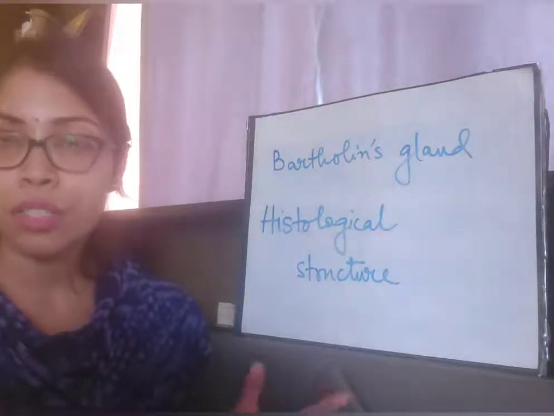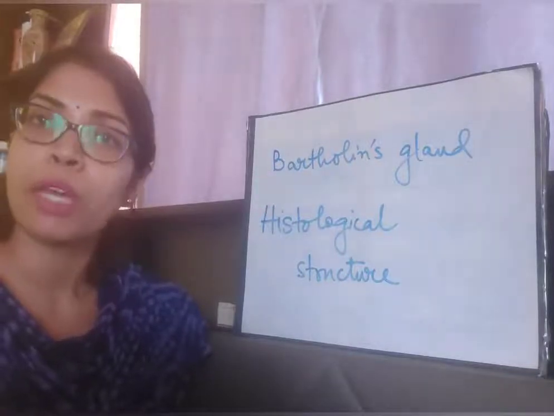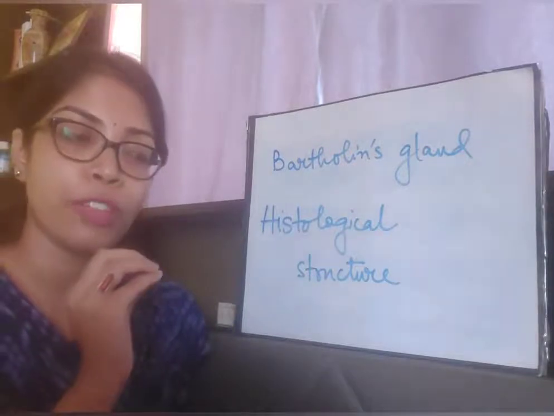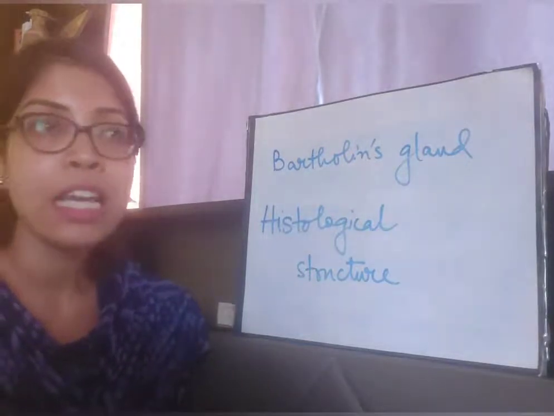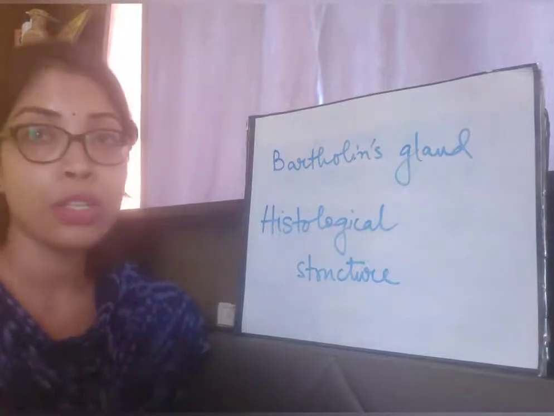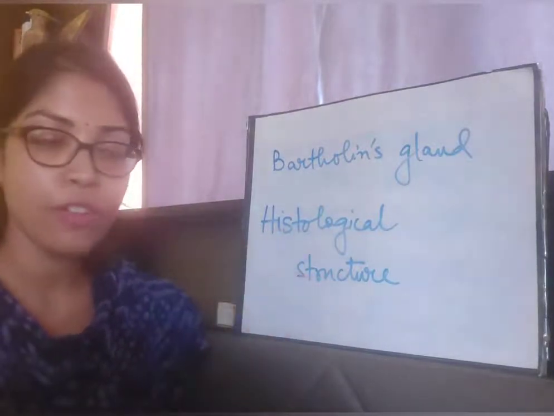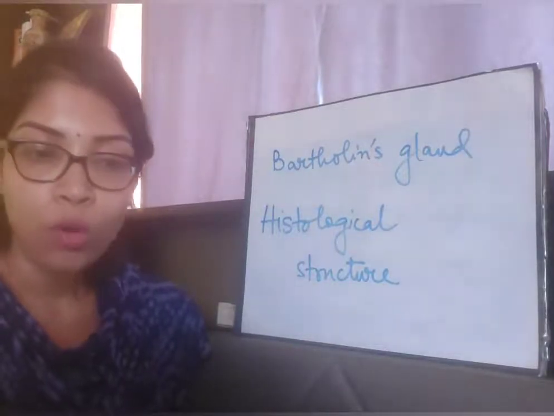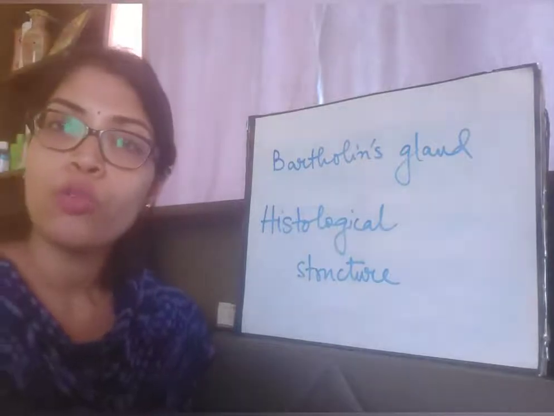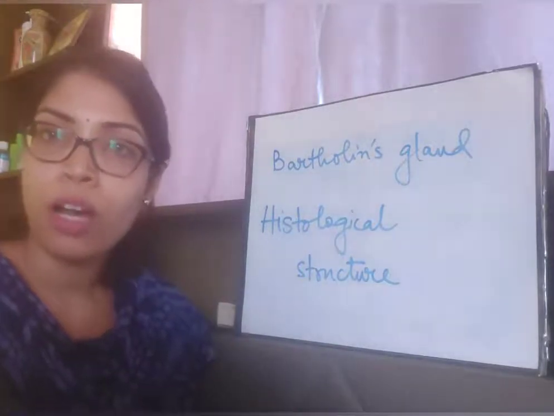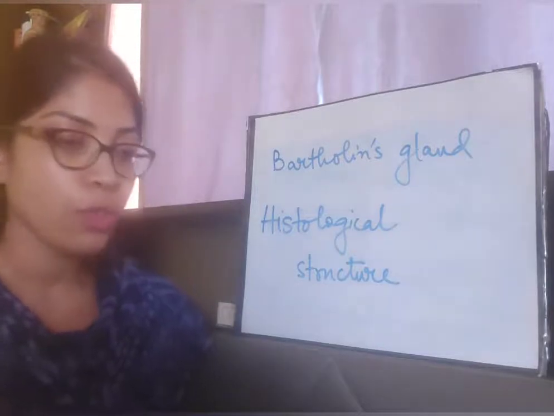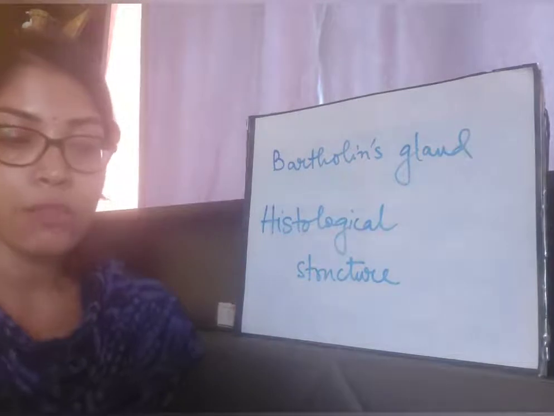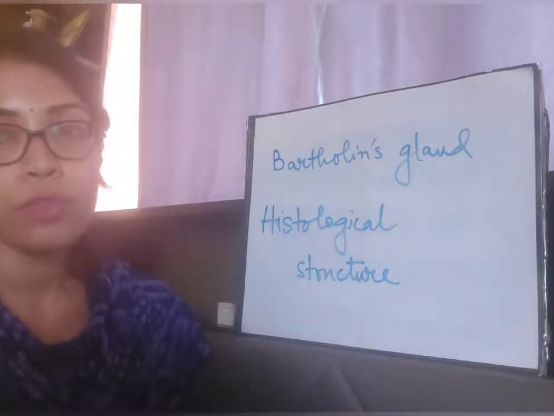a group of many different cells constitutes a tissue, right? When tissues of different function and different structure are studied in detail, that study is known as histology. And the histological structure of any tissue means we study how that particular tissue looks, what the components of that tissue are, and what the structure of that tissue is. So now we are going to talk about the histological structure of testes, and after that the histological structure of ovary.